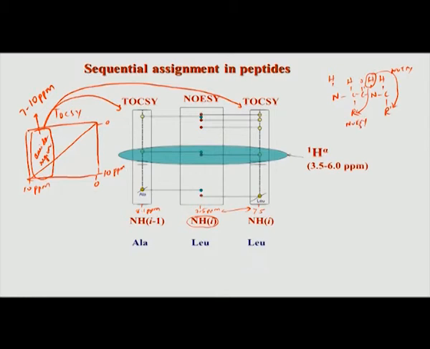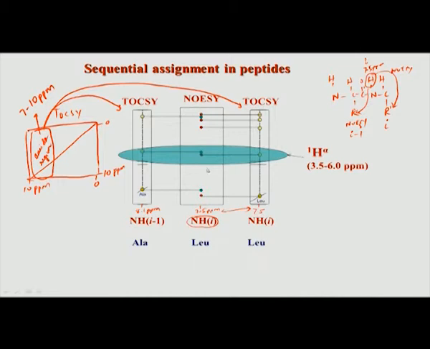Okay. This is what happens in a NOESY, because this is what I have written as 7.5 ppm in this picture. So I am getting correlations, that is connectivity information, from not only this amide, this portion here, to the self, meaning to the residue I. I am also getting correlation to I minus 1 in a NOESY spectrum, but not so in the TOCSY. So we have seen this in the previous class, that in a TOCSY you get correlation only from the self amino acid, that is only from its own amino acid, this is I, but you do not get I minus 1 correlation which is present only in the NOESY spectrum.